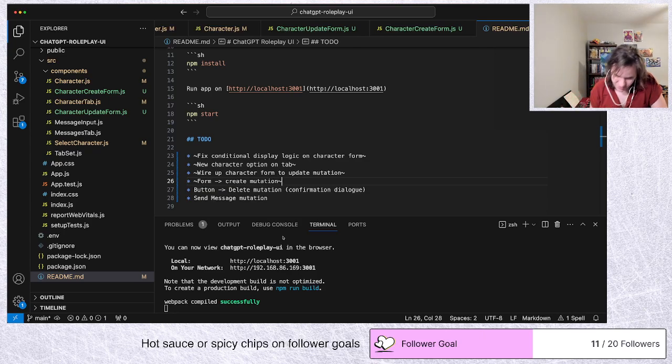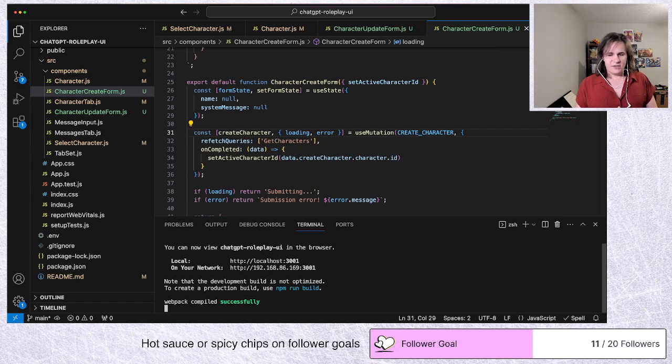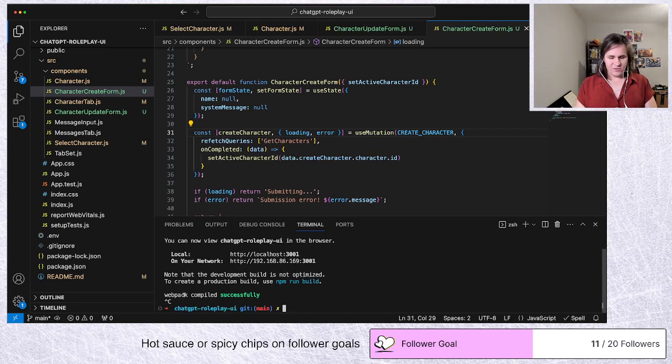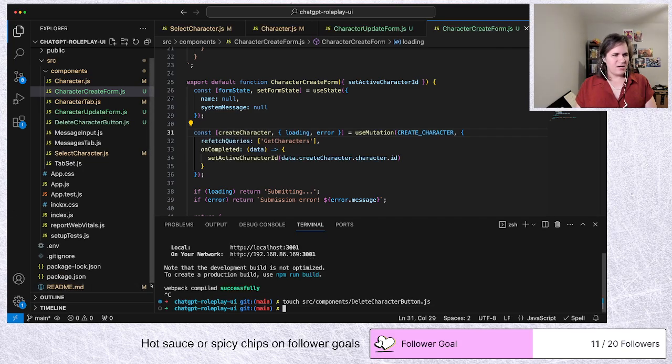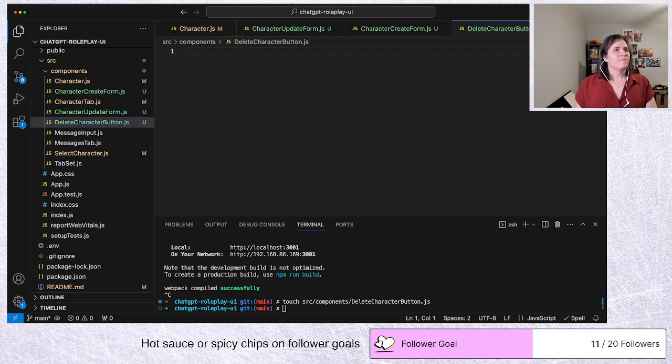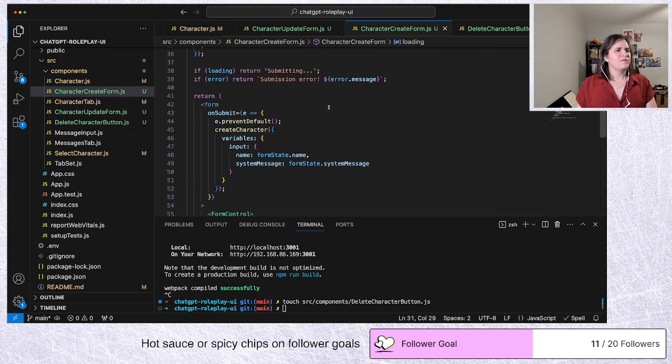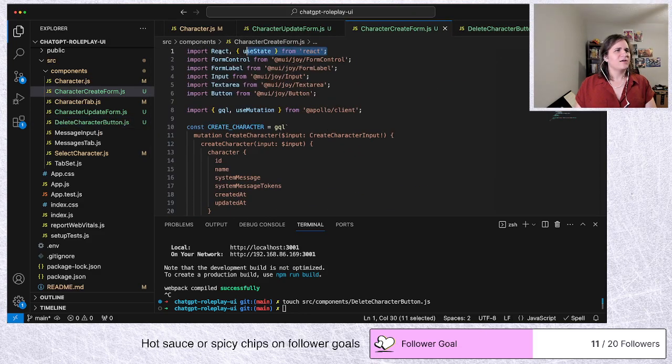And what we want to do there is we're going to set up a new component. Yay! Everybody's favorite thing. So touch source components, DeleteCharacterButton. All right, and this is going to be here. So we're going to do this. We're going to say